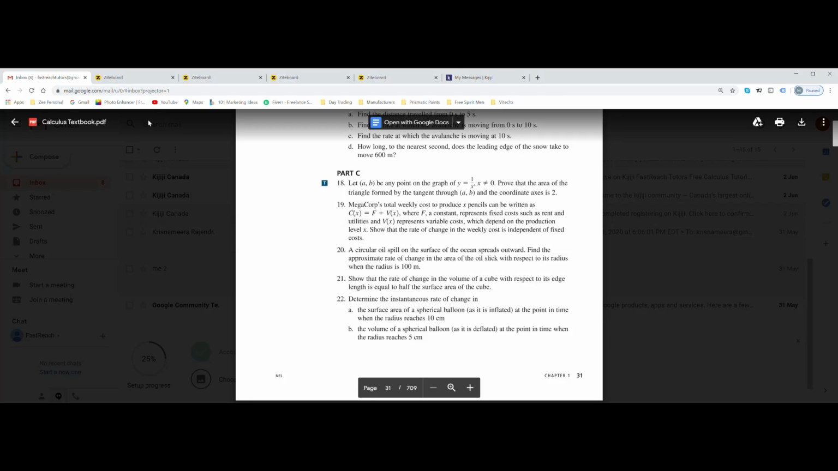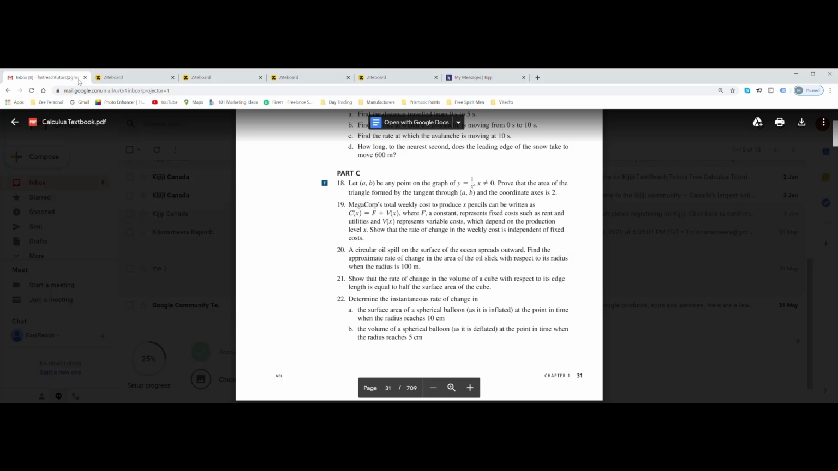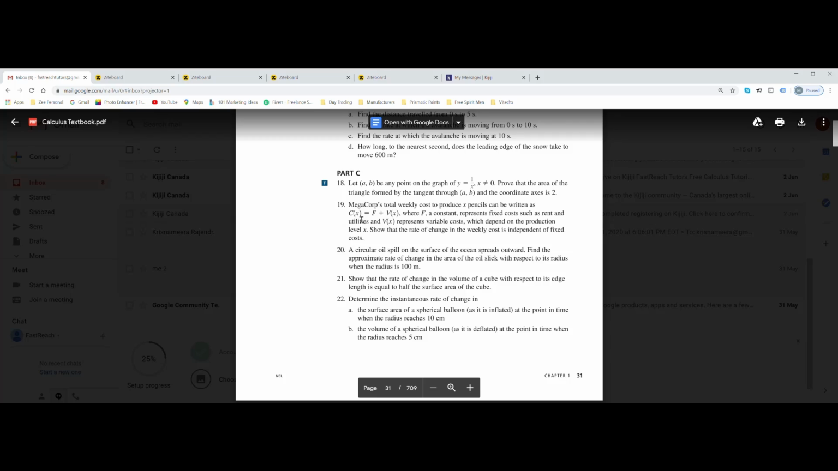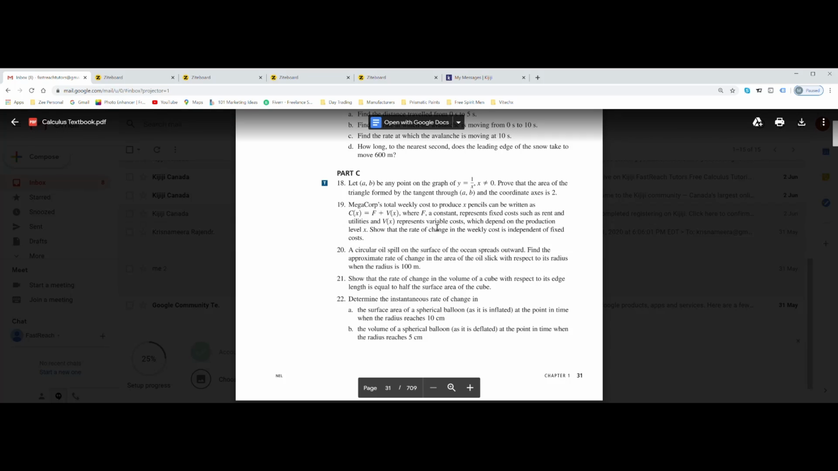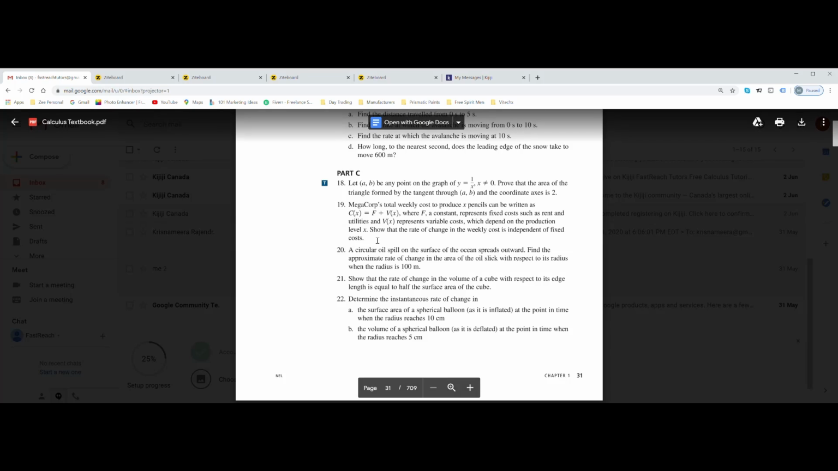So let's do 19. Megacorp's total weekly cost to produce x pencils can be written as C(x) equals F plus Vx, where F, a constant, represents fixed costs such as rent and utilities, and Vx represents variable costs which depend on the production level of x. Show